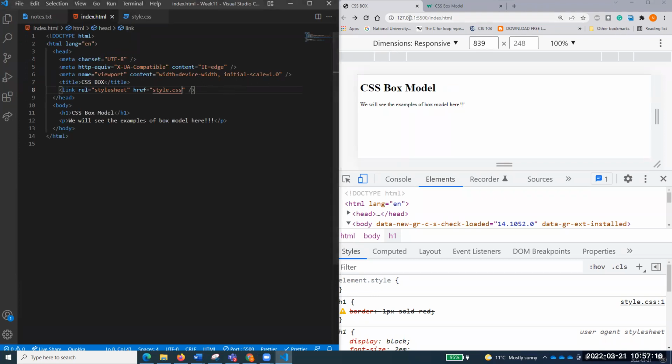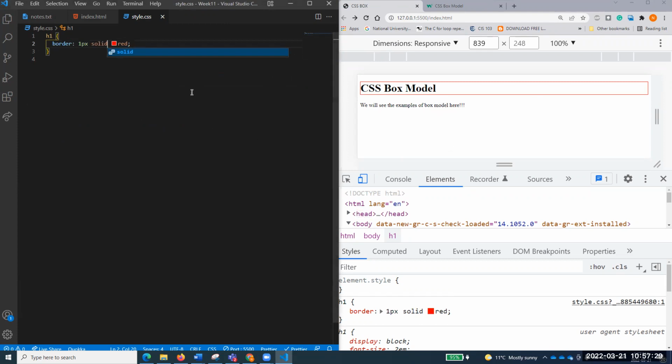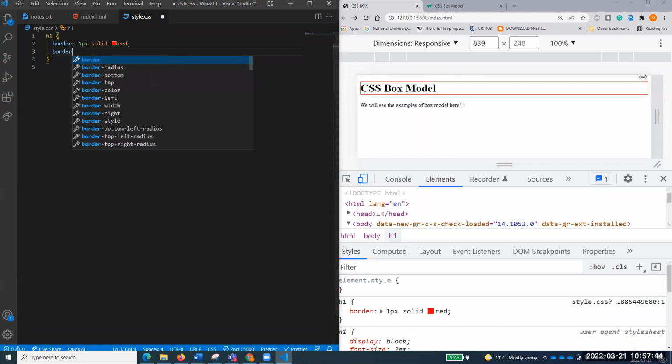Okay, let me see why it's not showing that style, because I have applied border 1 pixel solid. Oh, solid, not sold. Solid, and red. So you see now I am applying this CSS. Yeah, you are right, Vinny. Zero means you can write 0 pixel by the way, but zero itself represents that it's 0 in all sense. No worries about that. So I can say border radius